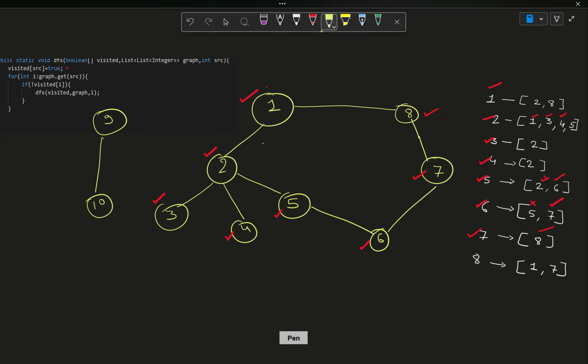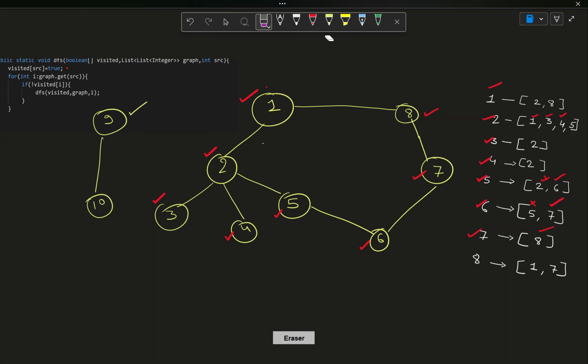So what we can conclude from here is, if we call for any element of a graph and we do DFS, if any element is left, then that is our